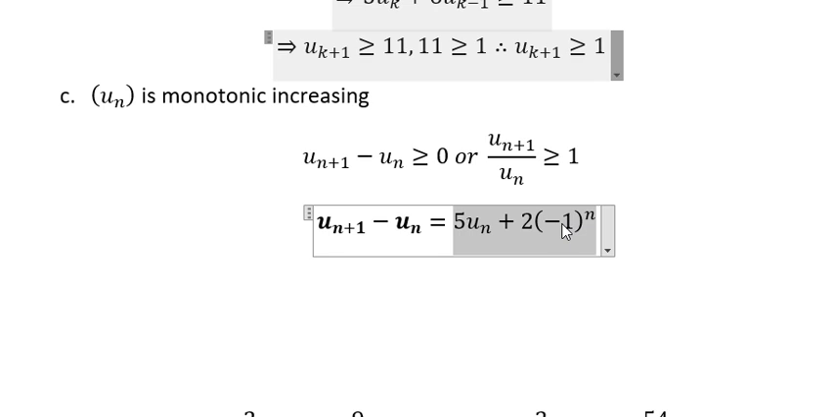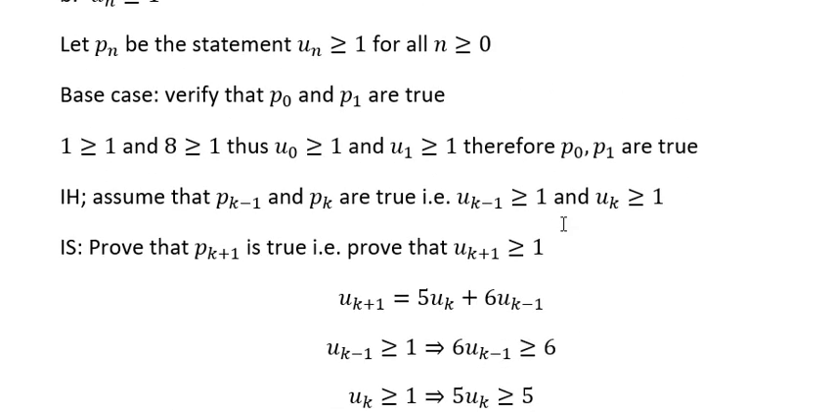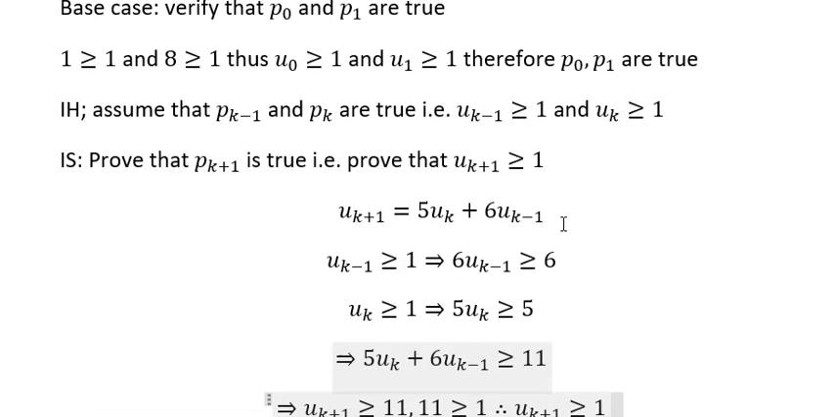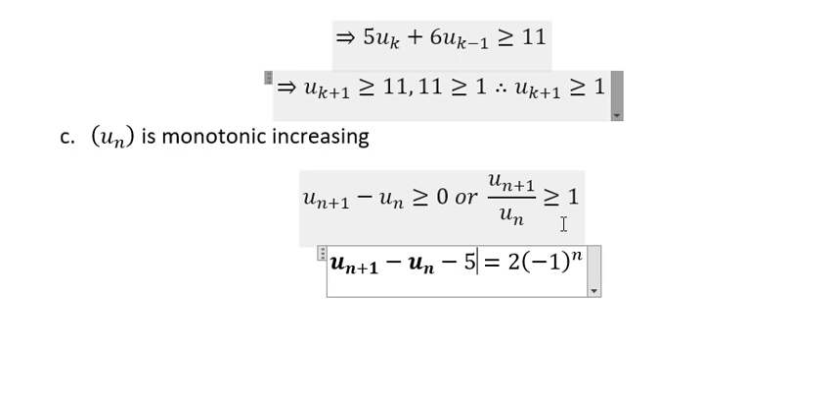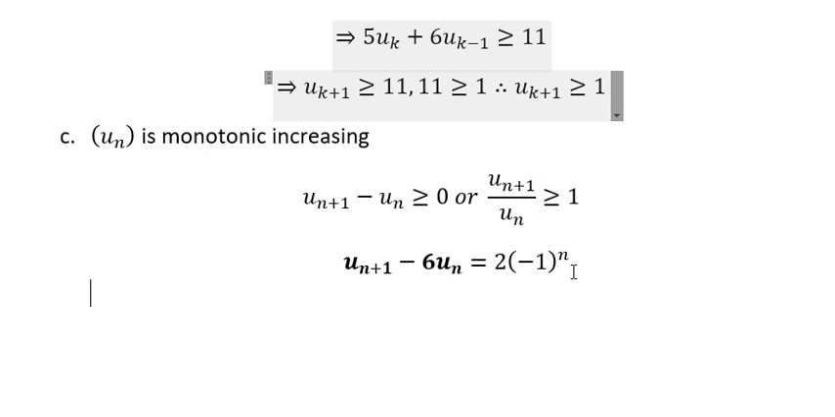Let us see, can it be positive? Let us see, Un is bigger or equal to 1. In fact, let us just try to allow it the initial statement. Now let us divide all through by Un. If we divide all through by Un, we are going to have